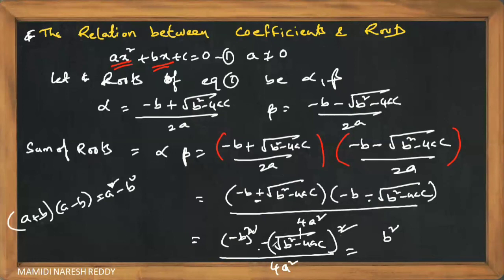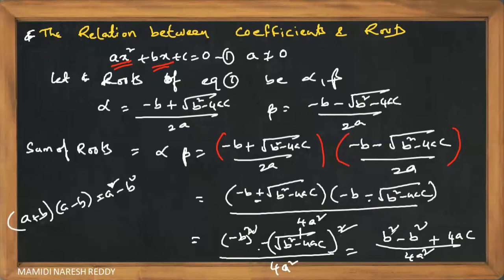By multiplying each and every term within the bracket with the minus, what will happen? Only the signs of the terms will be changed, children. If there is plus, the signs of the terms within the bracket will remain the same. But as there is a minus, the signs of the terms within the bracket will be changed. If there is a plus, it becomes minus. If there is minus, it becomes plus. You get my point? Yes, sir. So children, the b square term is positive. I'm writing here minus b square, and there is a minus, so I'm writing plus, children. Now 4ac by 4a square. Please kindly let me know if you have any doubt.